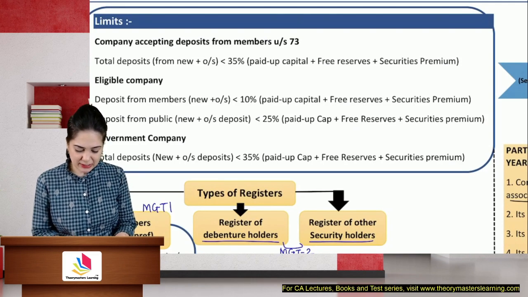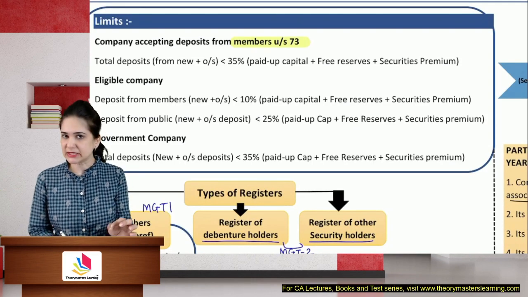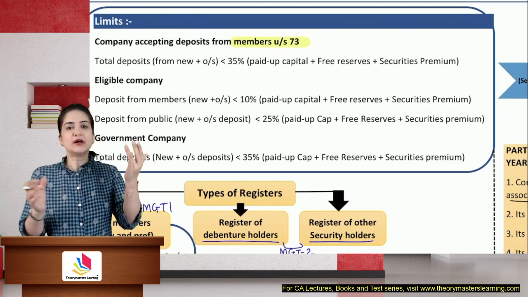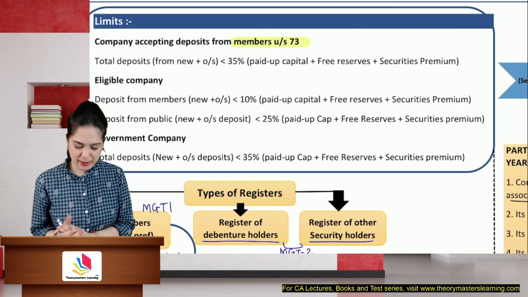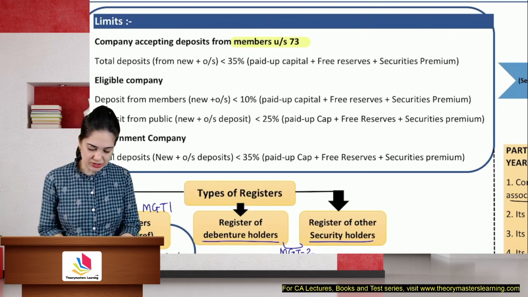If you are accepting deposits from members under section 73, now you cannot go to the public, only eligible companies can. So the only source is you can accept deposits from the member. The total amount of deposits should be less than,